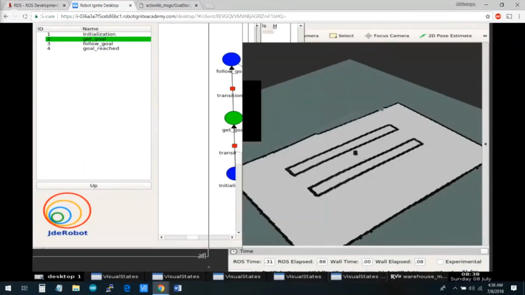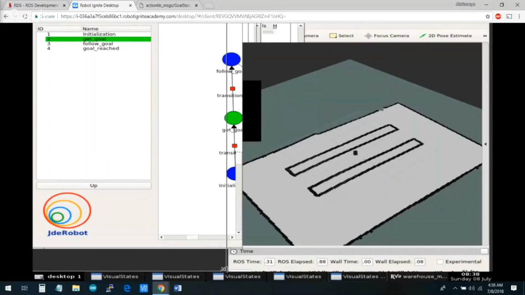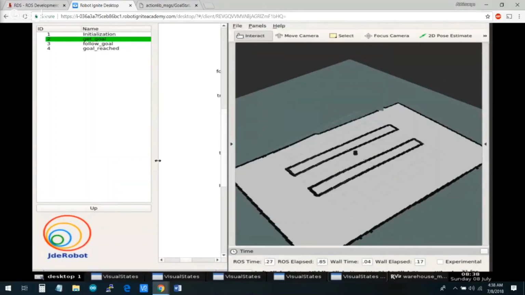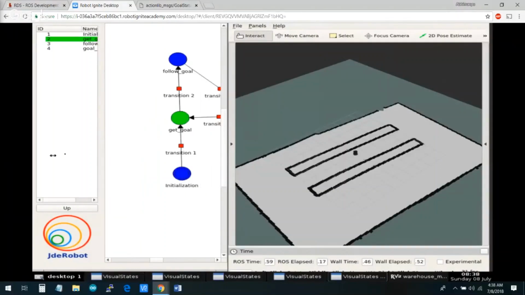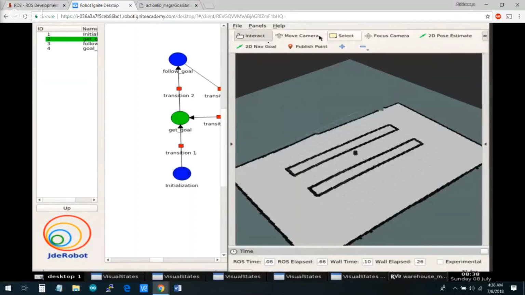We first loaded the ROS and all the nodes that we needed, and now it's in get goal state. Now you can actually provide it the goal you want it to go to using your navigation goal,